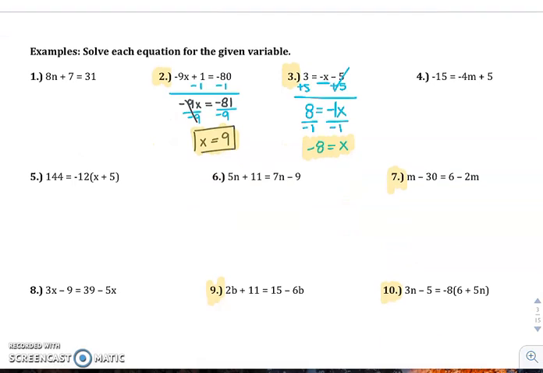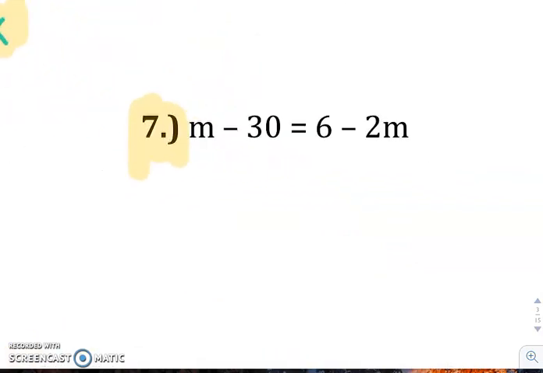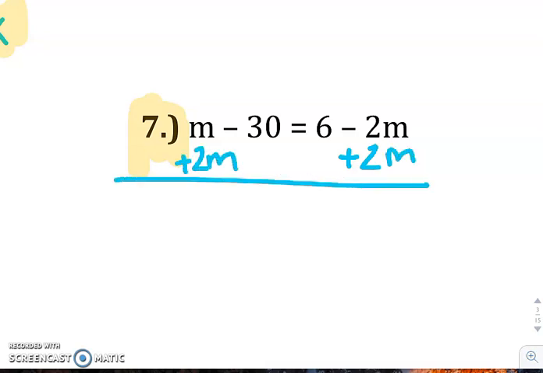Let's look at number 7. m minus 30 equals 6 minus 2m. So we've got a variable on both sides. So it doesn't really matter which side you move it to. I'm just going to move it over to the left side. So I'm going to move this 2m. So since it's minus, we're going to add it to both sides. It will cancel over here, leaving you with just 6. And 1 plus 2 will give you 3m